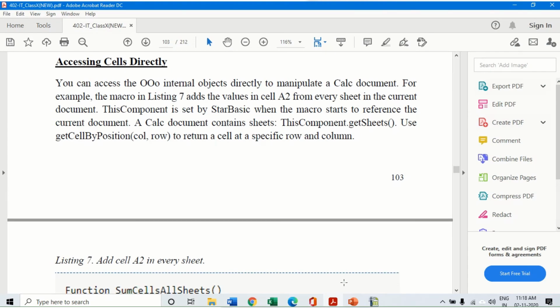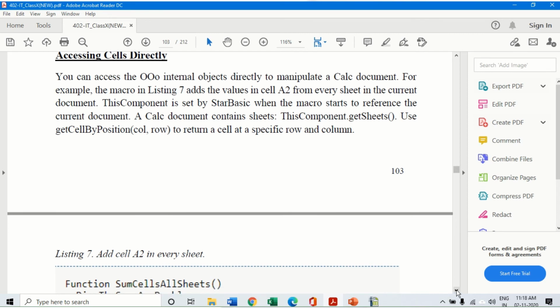So the next part, that is accessing cells directly. This particular portion is pretty complicated because you need a thorough understanding of the StarBasic language and the components called the GetSheet function, and then the CellPosition row column function, etc., for understanding this particular option.